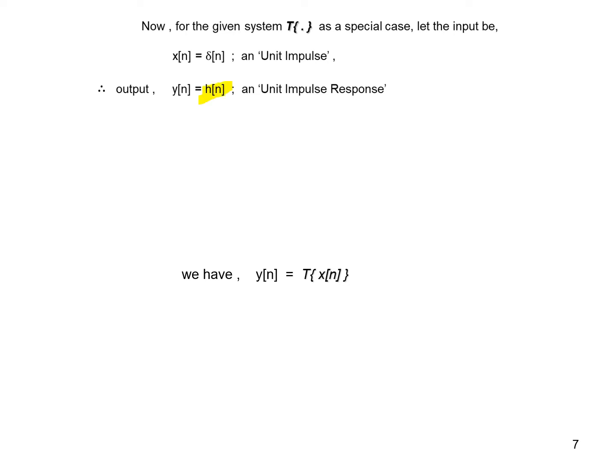What is the meaning of h of n? H of n is the output of the system when the input is impulse. See, h of n is the counterpart of y of n, just as delta n becomes the counterpart of x of n. When the input x of n is impulse, then the output is its response, the impulse response. Now this impulse response is made use of for representing the system. That is the speciality of our discussion now. Impulse response is nothing but the output when the input is impulse. Please keep this in mind. I repeated it many times just to stress it, because it is an important thing you have to keep in mind hereafter.